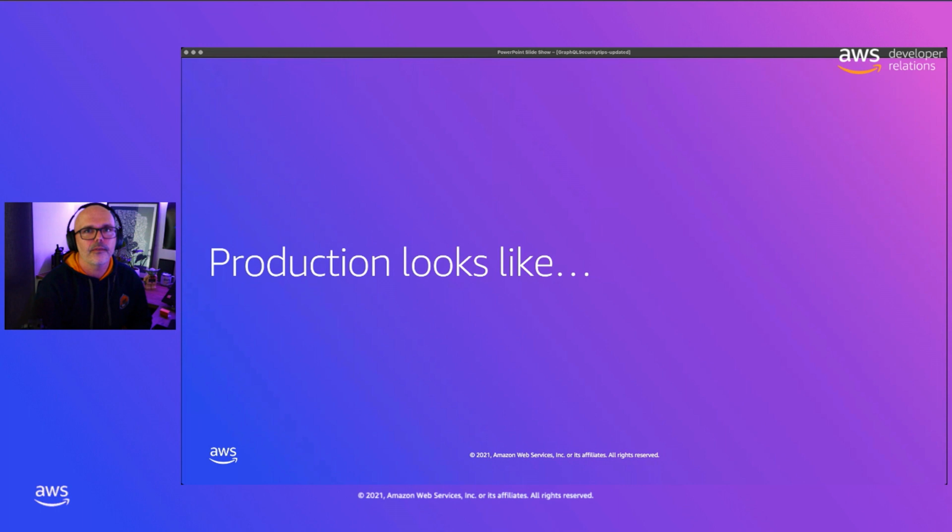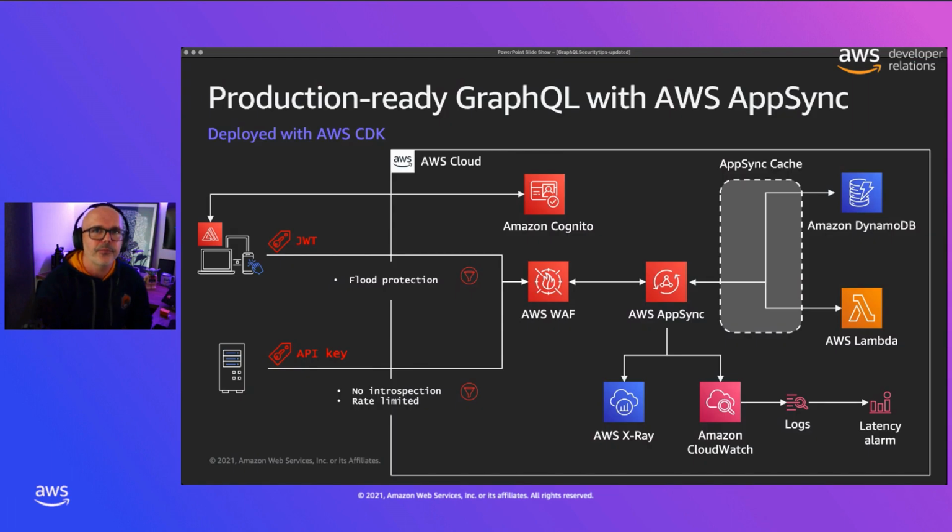So now let's see if we can put all of that we've learned into action in a production system. So far, we've looked at protecting your accessibility, protecting the availability, and protecting the performance. These are different components that can really help you build APIs and get them ready for production. And when you really put it all together, you end up with an infrastructure that you can easily deploy on AWS. So AppSync integrating with these different services to build infrastructure that's ready for deployment. So here you have AppSync integrating with X-Ray and Amazon CloudWatch, sending logs and then creating latency alarms.